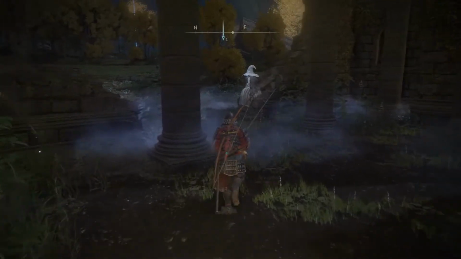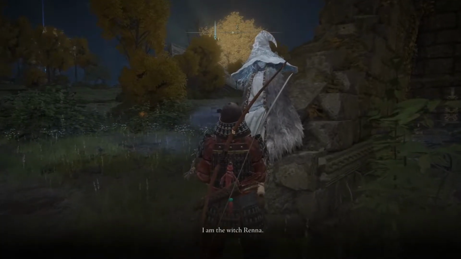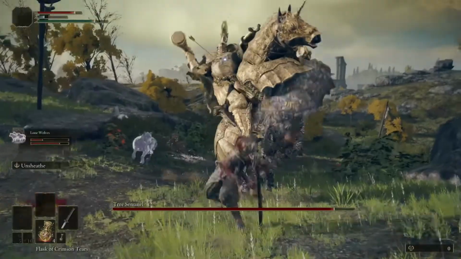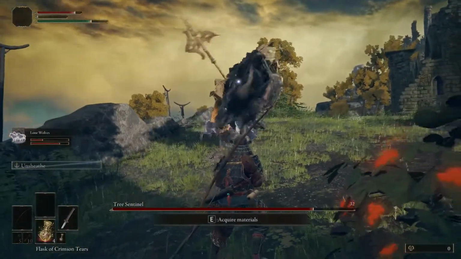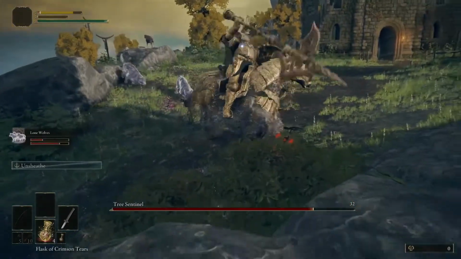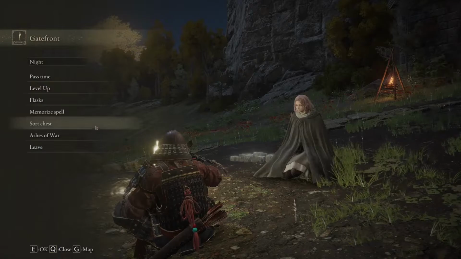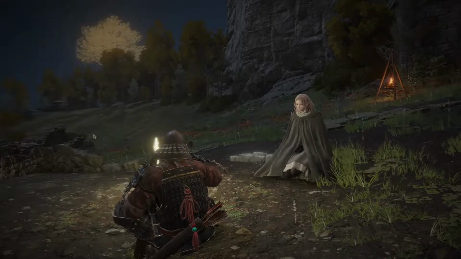Now fast travel to Church of Elleh, and you should see a girl sitting on the wall. Talk to her and she should give you a spirit summon bell, which you can use to summon spirits to fight alongside you. However, you can only use these spirits to clear enemy camps and fight bosses and on difficult areas. Now to equip an Ash of War, simply rest on any Site of Grace, choose Ash of War, click